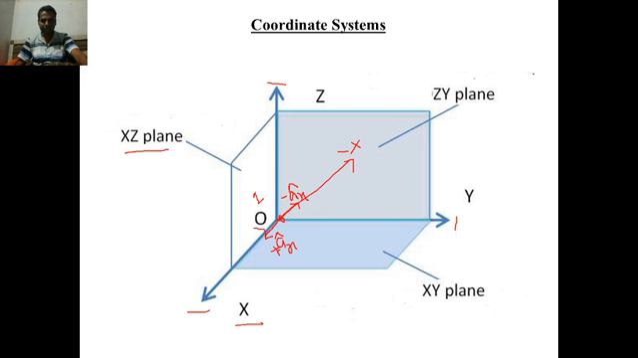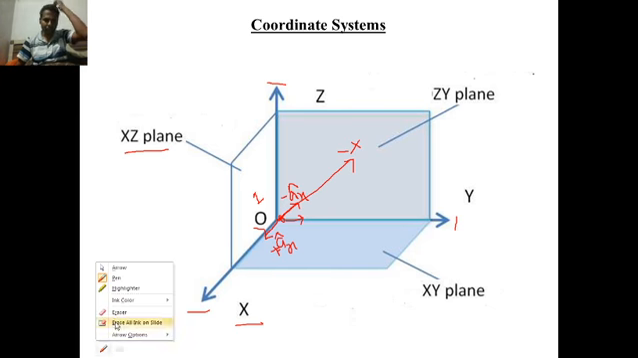Similarly, the unit vector along the y direction can be denoted by a_y cap, or minus a_y cap along the negative y-axis. Similarly, a_z cap is along the positive z-axis, and minus a_z cap will be along the negative z-axis. Now we will understand